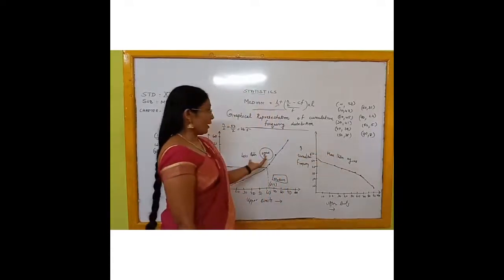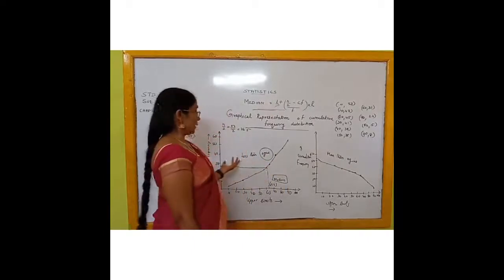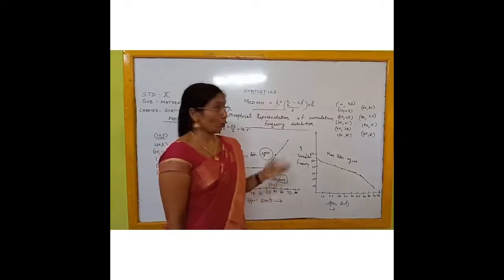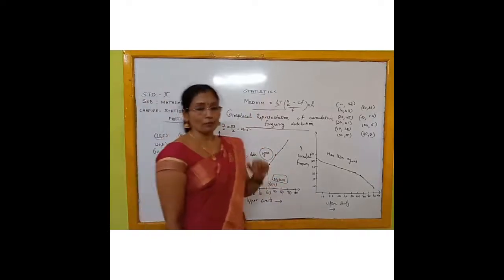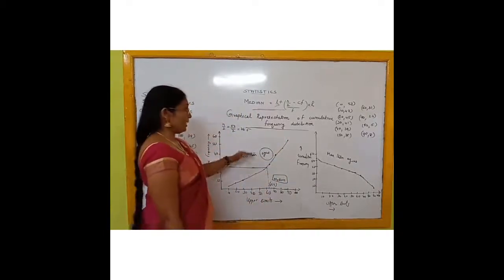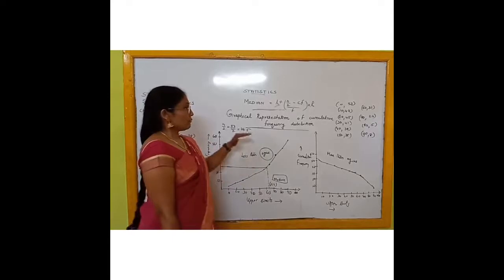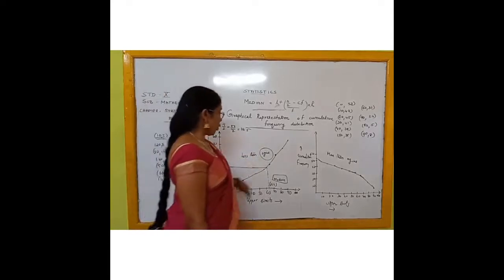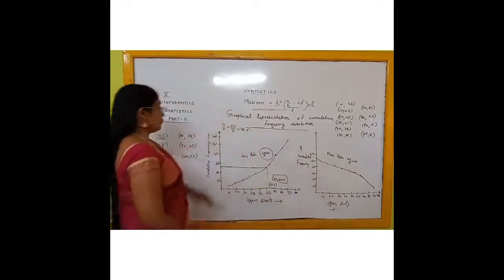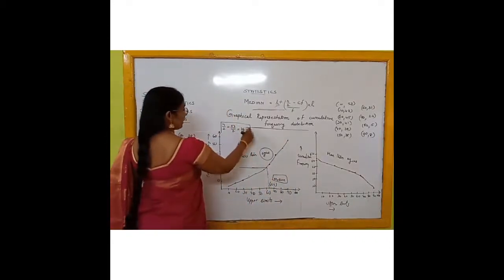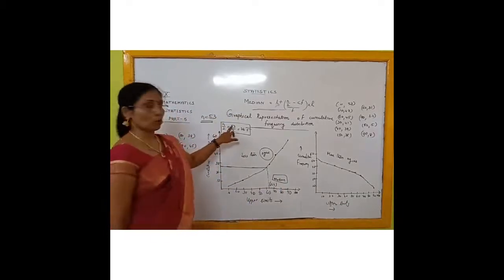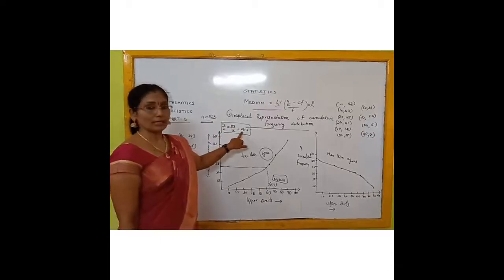And look here, what purpose are we doing this for? Because we already know the formula for the median. Suppose we don't want to use that formula and we have to find the median using this graph. How can you find the median from this graph? For that purpose, you have drawn the graph, the less than or more than graph, and from it you know the total number of observations given, that is 53. That means n by 2 is equal to what? 53 by 2 is equal to 26.5.